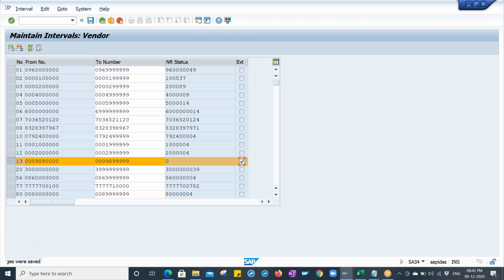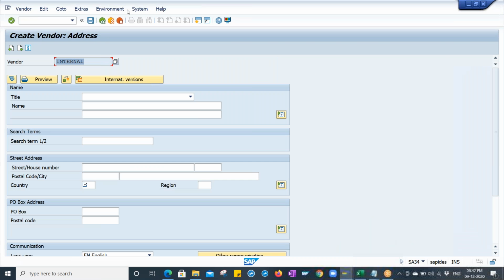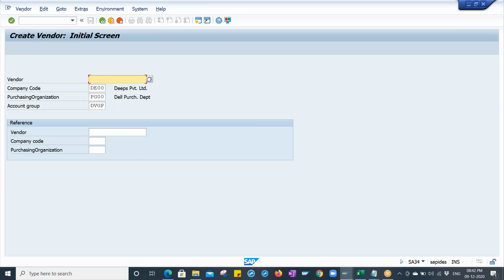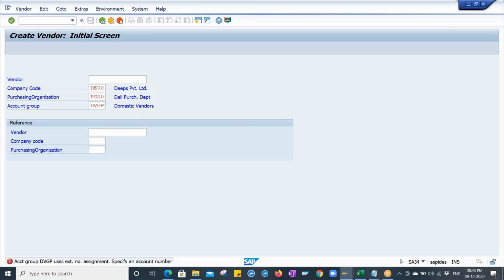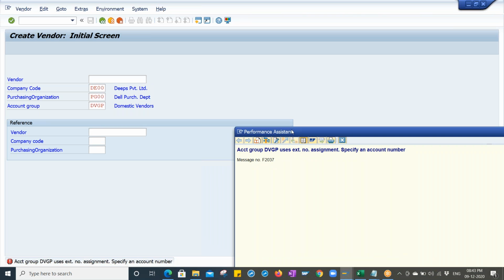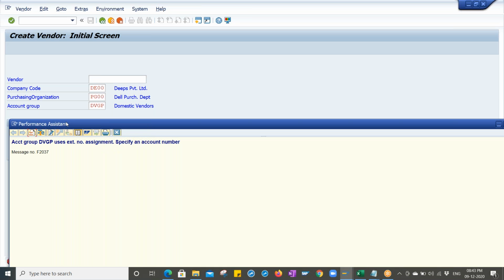Save it. Just go back, refresh the transaction XK01. Enter the company code, purchasing organization, and account group. Press enter. What happened? The system is giving an error message, and if you are able to read it, you can read it out. Account group DVGP